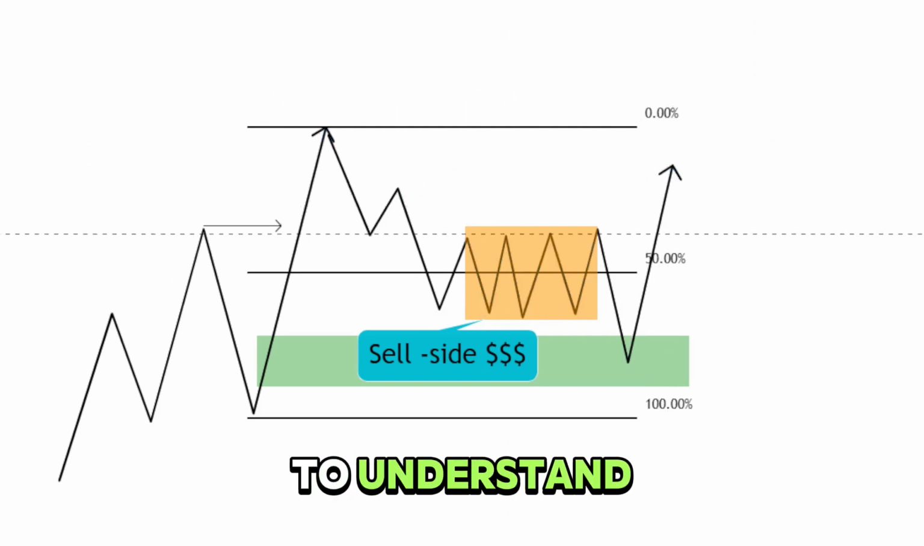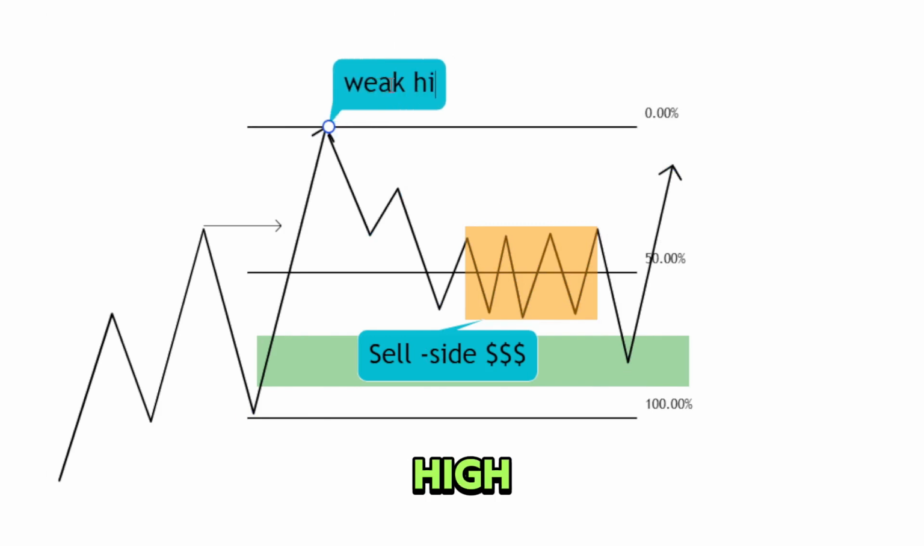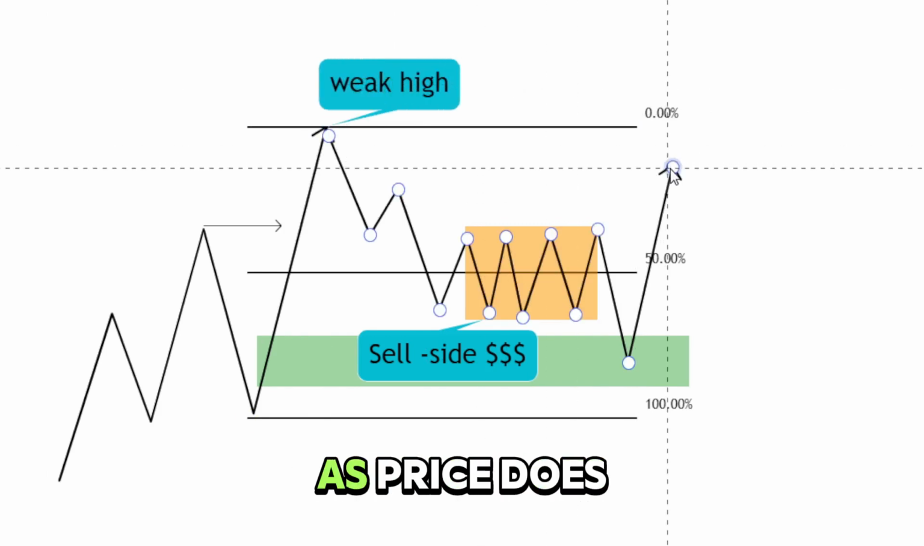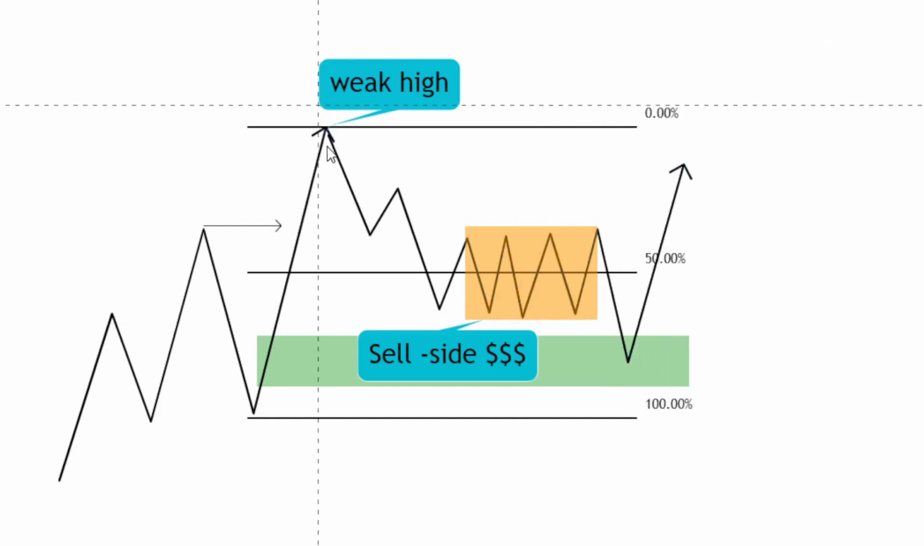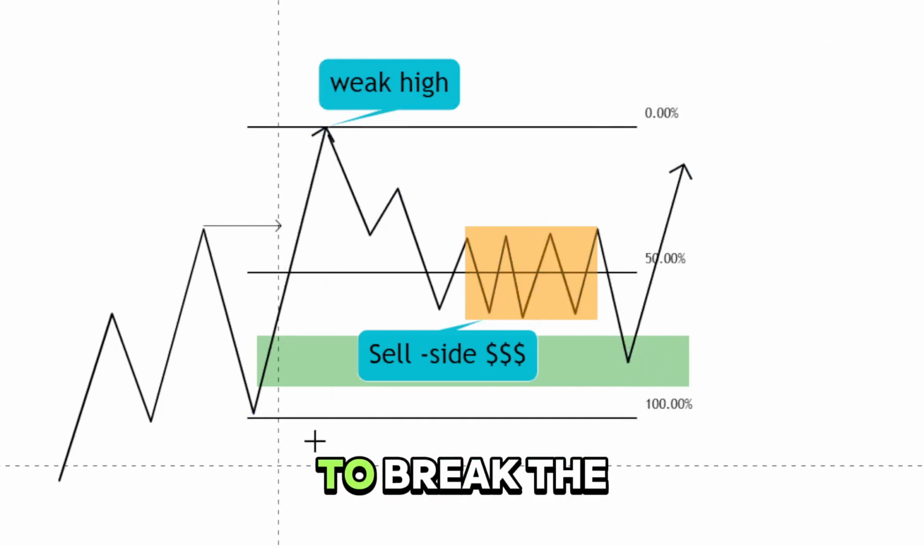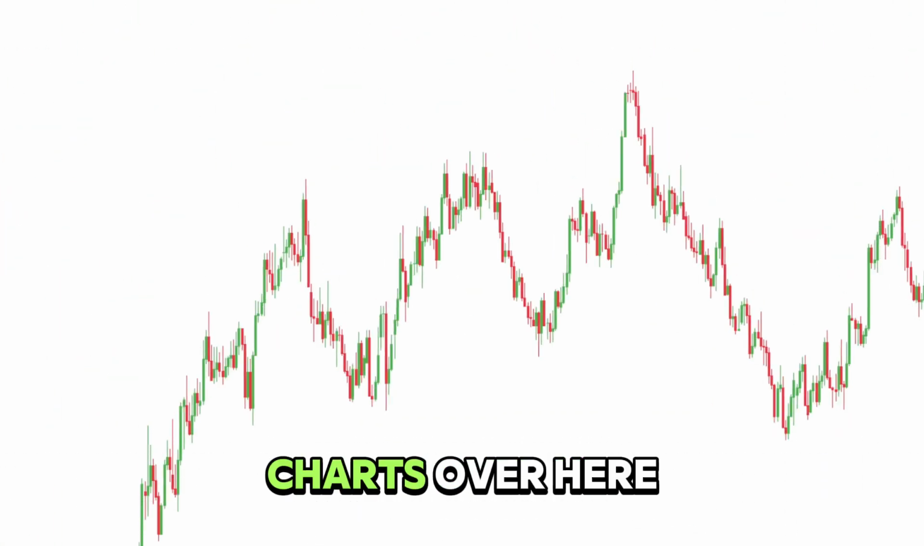A quick note to understand is that this is a weak structural high. The reason it's a weak high is because as price does start to push up, as the demand starts to kick in the markets, we have a weak high over here as it's failed to break the low, which is down here. So with this theory in mind, let's take it to the charts over here